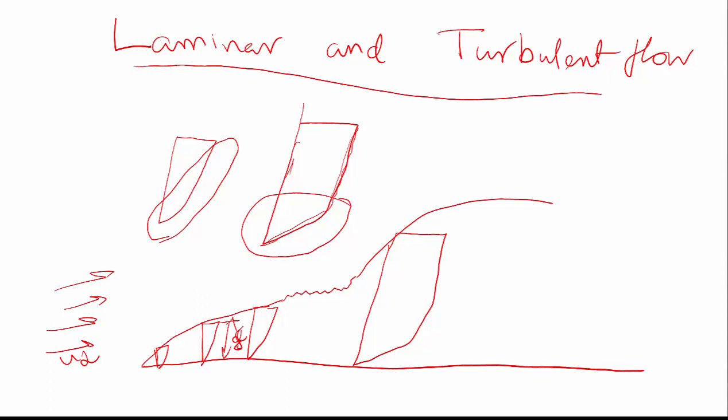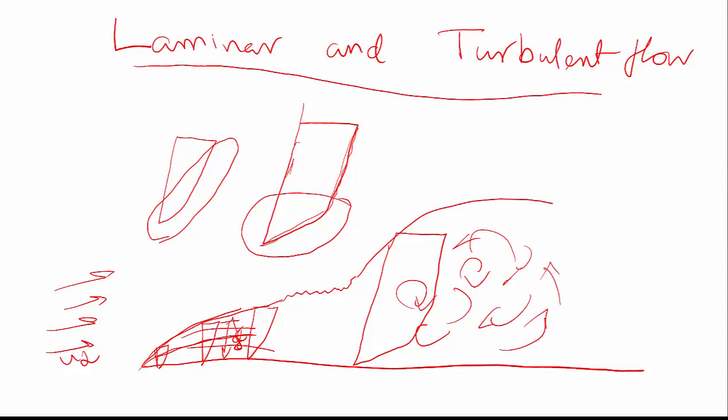Which means here the fluid streams are linear, but here the fluid streams are like this. It is fast mixing with one another and doesn't follow a streamline flow. Therefore, it is fast mixed with the environment, so we cannot see the smoke at a particular distance. This is the reason for